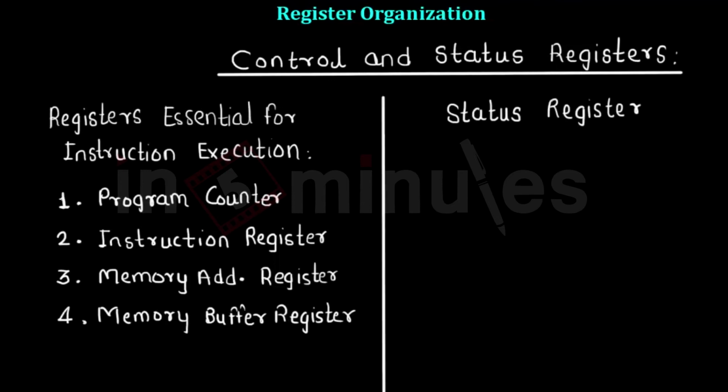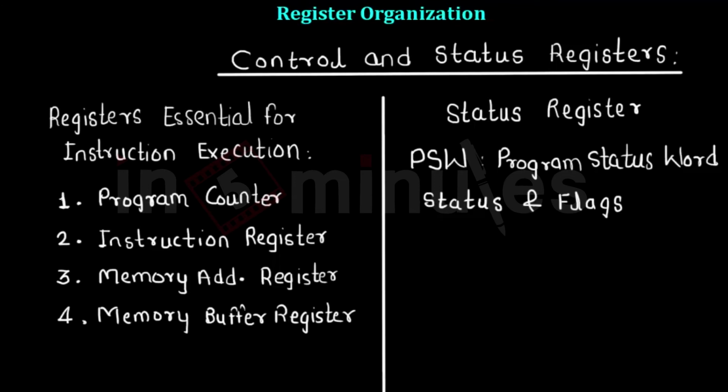The second type is nothing but status registers. The status registers contain the current status of the program that is executed, and the example can be the program status word, which contains the current instruction or the program counter and the different flags, or the flag register. The different bits of the flag register give information about the current result that is obtained during instruction execution.